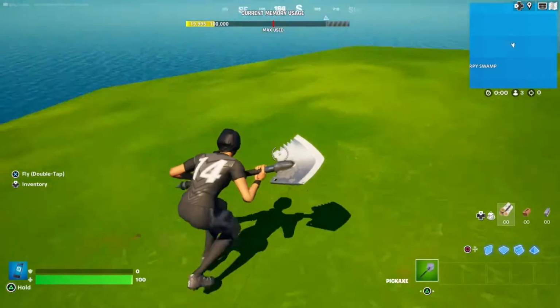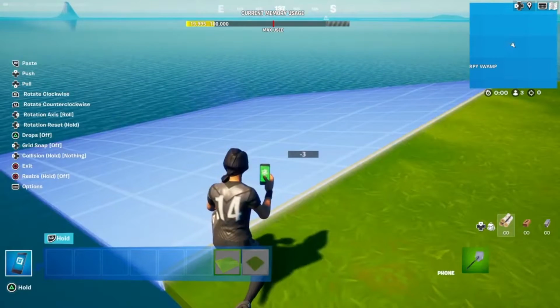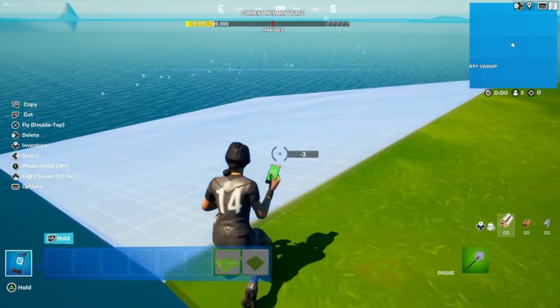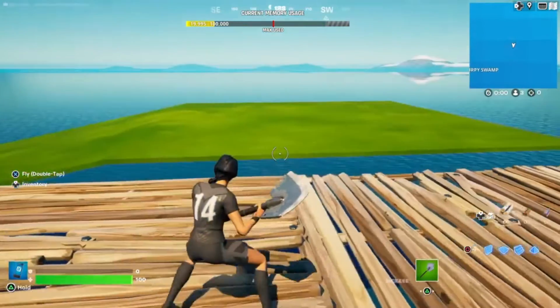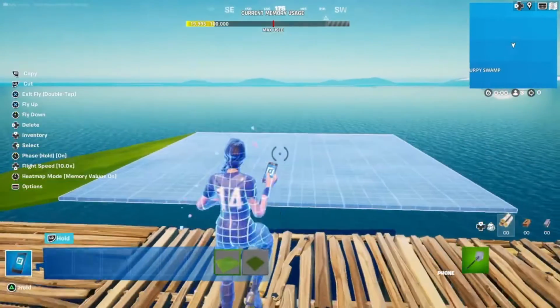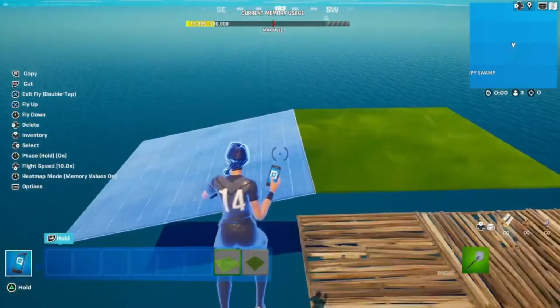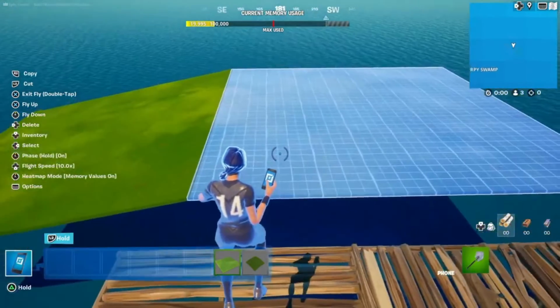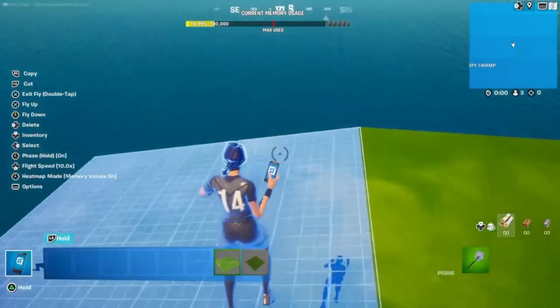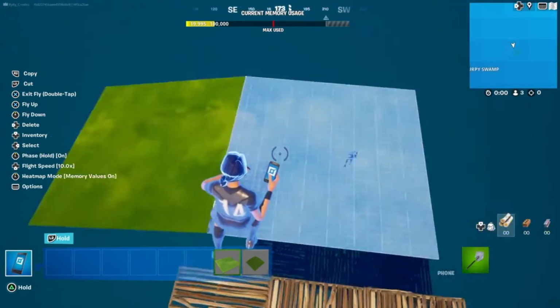So as you can see, me just kind of messing with this, trying to make it seamless. But anyways, mess around with that for a little bit, try to get it as seamless as possible, and then you're really going to do the same thing for the opposite side. So whatever side you place the slope terrain block on, you're going to want to place another one on the opposite side of it. So I placed one on this side here, so I'm going to do it on this